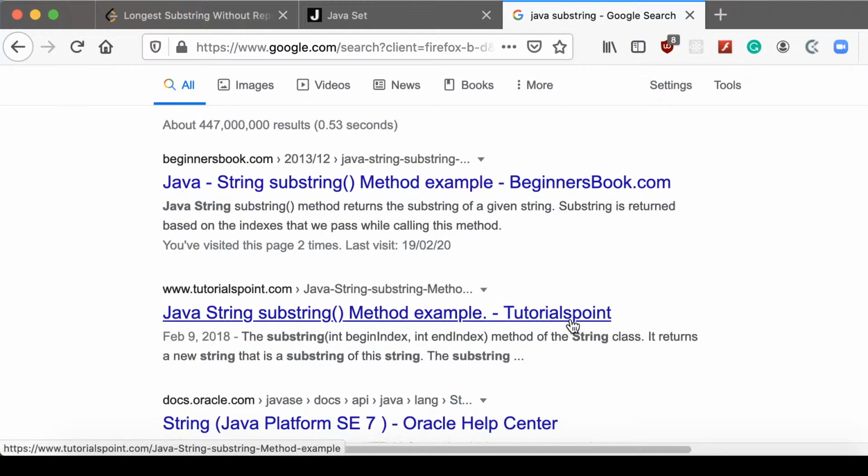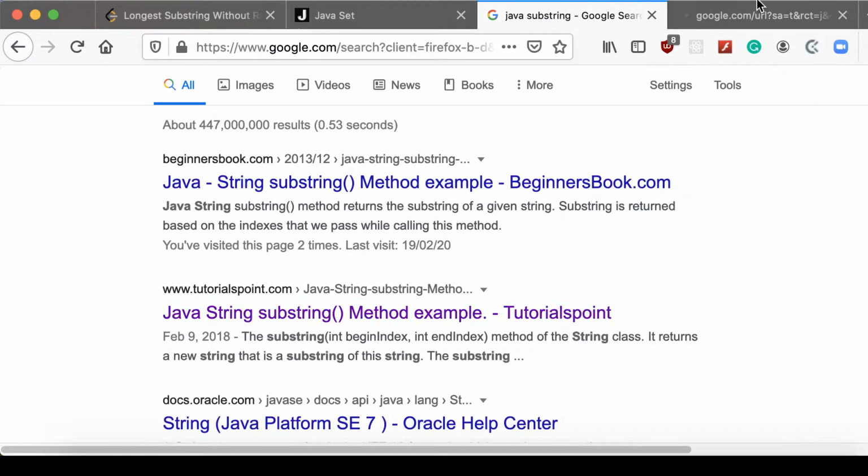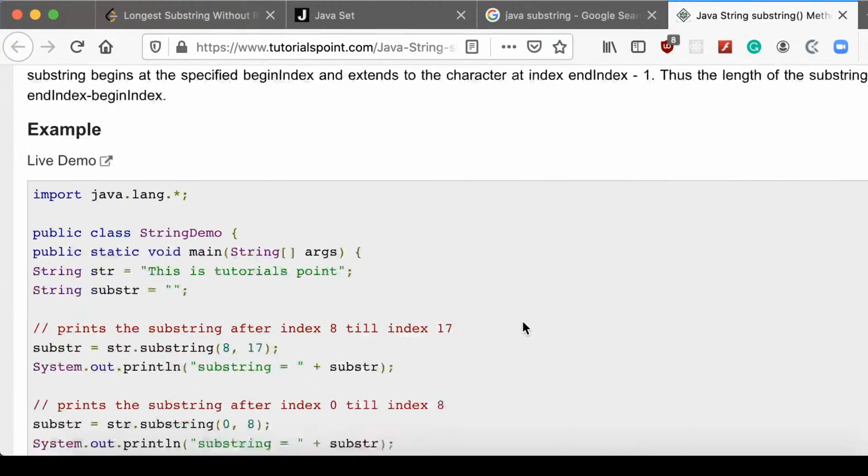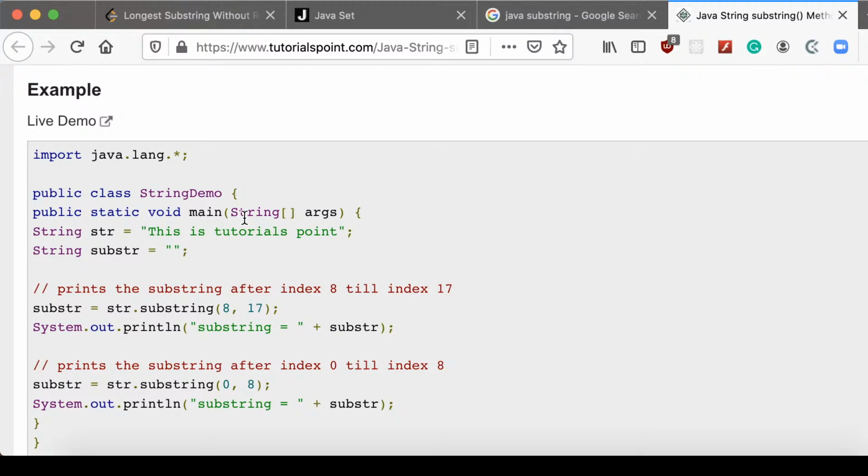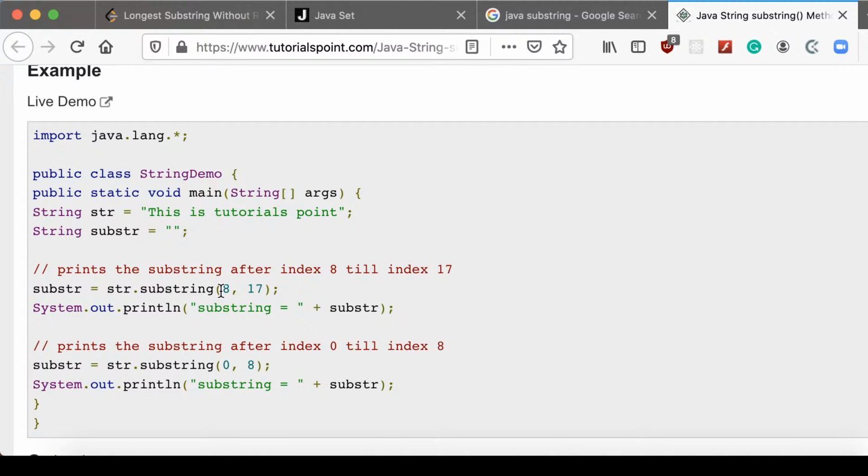Okay, tutorial. Let's see, here we have string substring after index s till the index